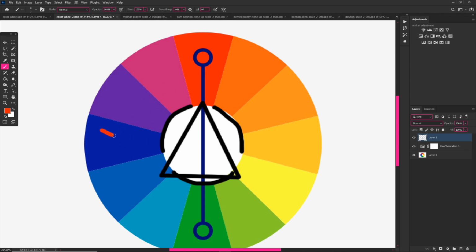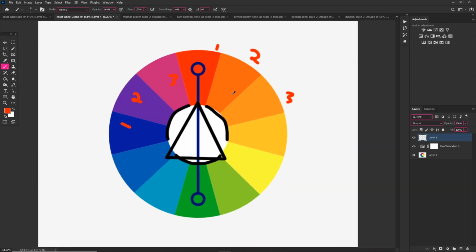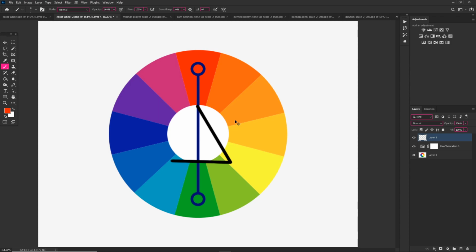So just think about like 1 to 1, 2 to 2, 3 to 3. Now you can always finesse this and just think about your own ways to split up colors equally, because there's so many shades that you're going to see. But just thinking about splitting it up into equal patterns is really important, and that's why it's important to